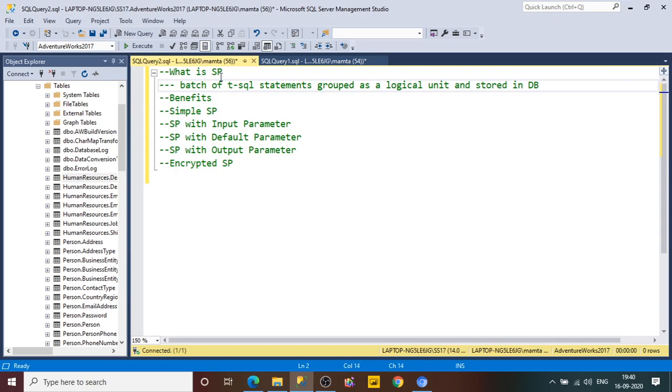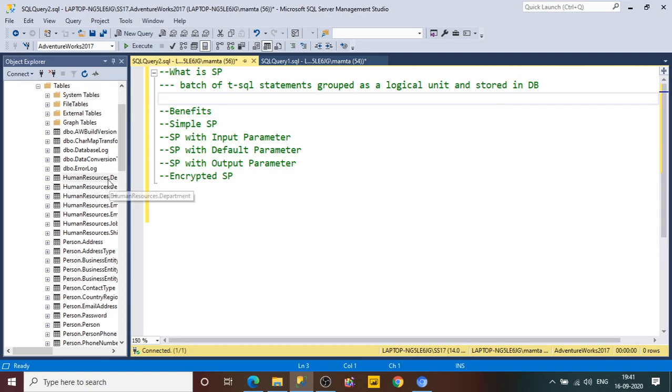A stored procedure can have a batch of T-SQL statements, or it can have only one T-SQL statement as well. By T-SQL statements, I mean, if you write select asterisk from this, that is nothing but one T-SQL statement.